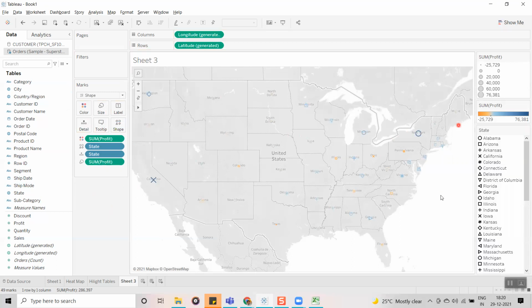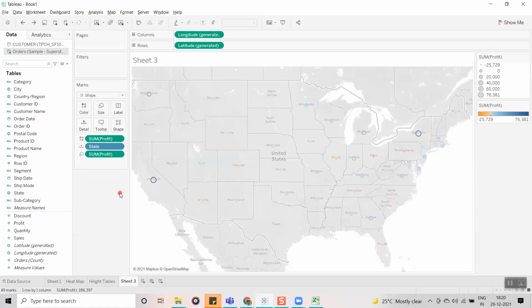Now you can see everything has been assigned a different shape. But it is not required now, I am just going to keep it this way. Guys, is it clear how we are creating a symbol map and a filled map, and the difference between a symbol map and a filled map?